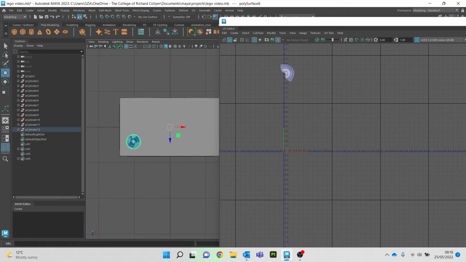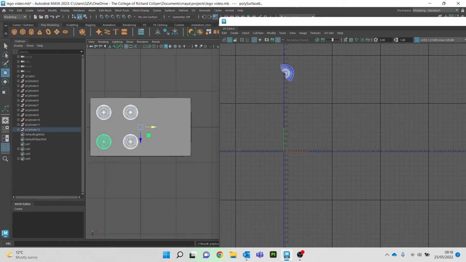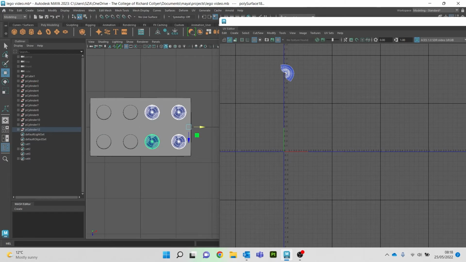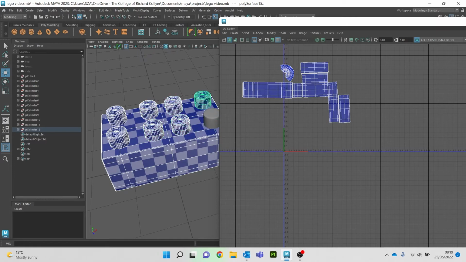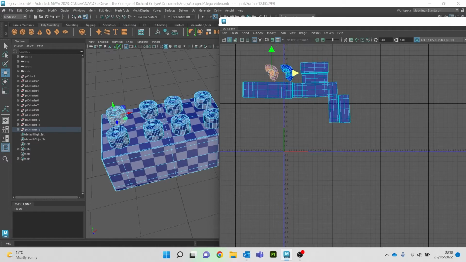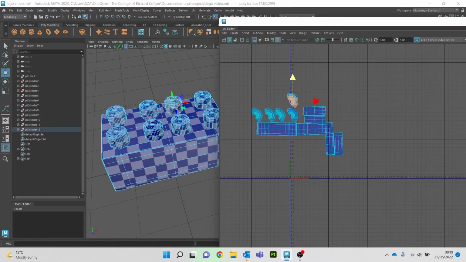because then what we can do now is duplicate that again. So I'm going to go Control D, W to move, select them both, Control D, W to move, select them both, Control D, W to move. So we've now got all our parts again. And if I go back into the UV editor and select all of these, they are now all already unwrapped. But what I will need to do is, they'll be on top of each other, so I just need to move them apart. One more. That should be it. Yes. Okay. So those are all unwrapped, which is why it's always good to have duplicate parts,